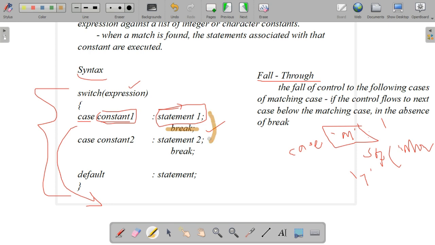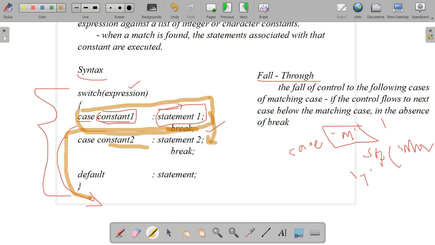If break is there, after the completion of this section, the compiler identifies the break statement and will come out of the switch statement. Okay.